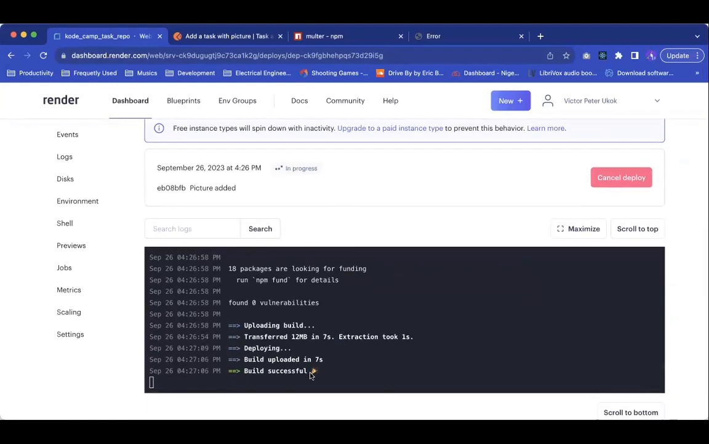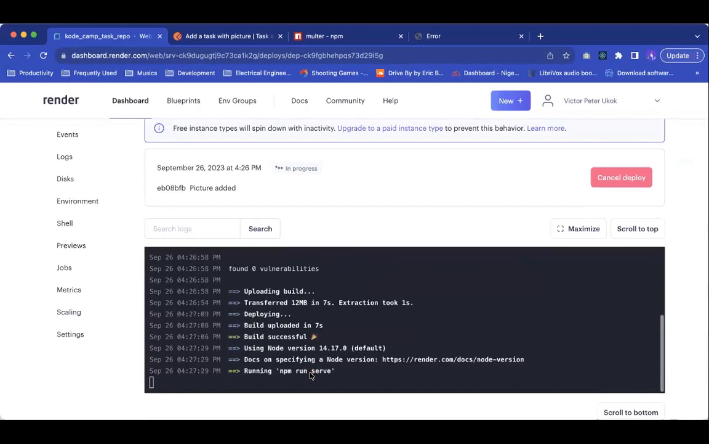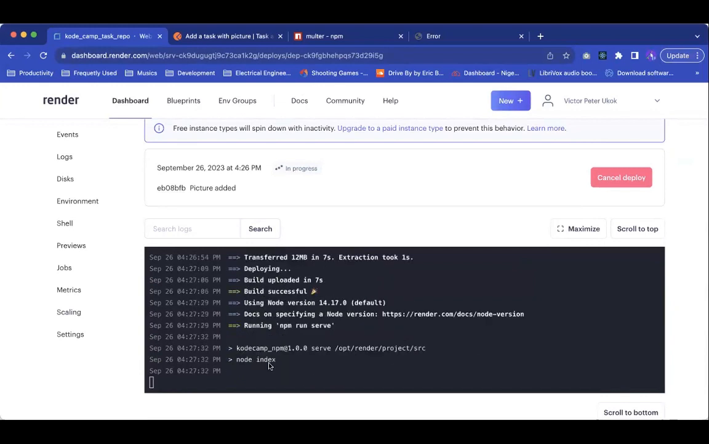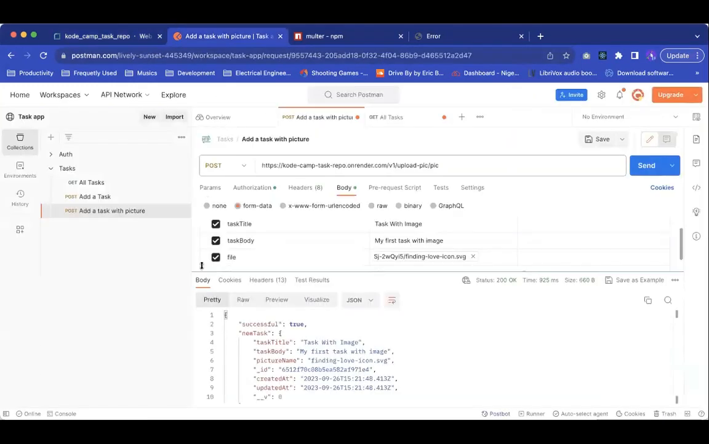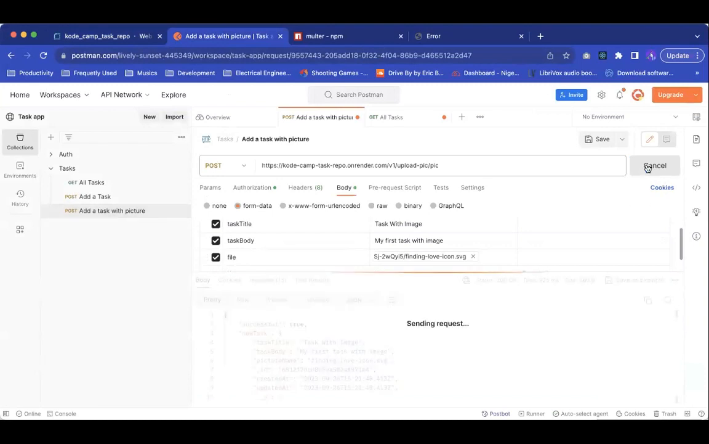Okay, so build is successful. The next thing is to run npm run serve, and then from there, see what is going on. So it's running npm run serve, and then the next thing it will be live. Yep, so it's live. We can test this again. So we can come back here and click on send requests,